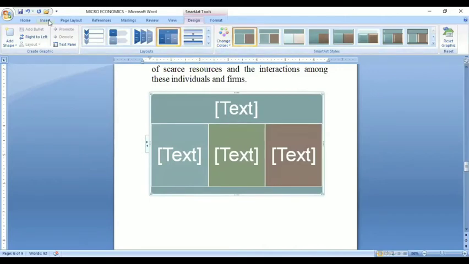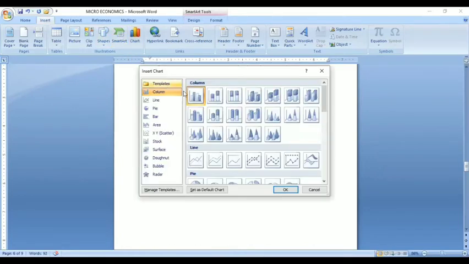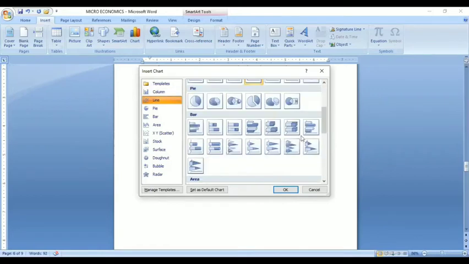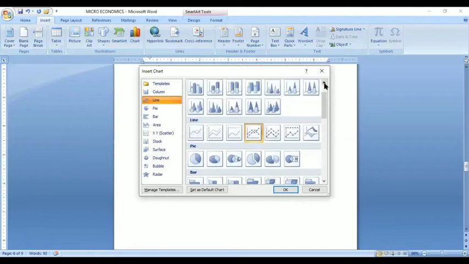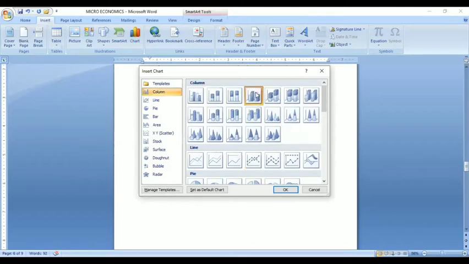Next you have Chart, that is bar diagram, scatter diagram, and then you have pie diagram and diagonal. All these shapes are there. You would have learned all these things in first year statistics. Bar diagram. Suppose I click bar column, okay.